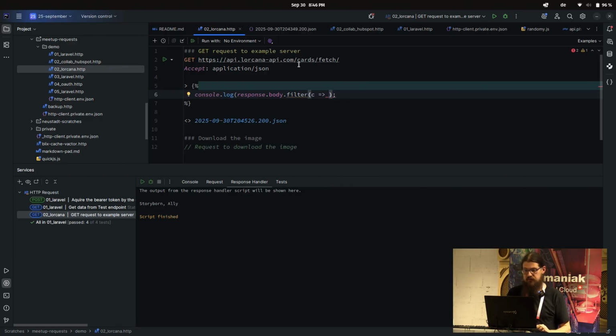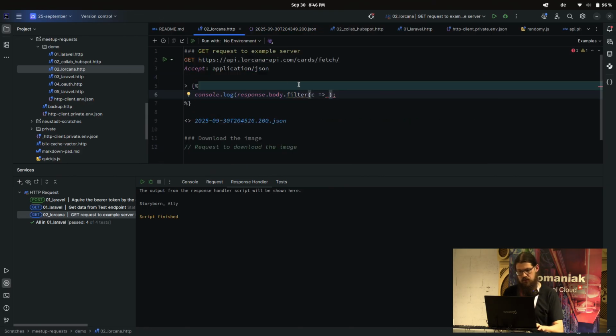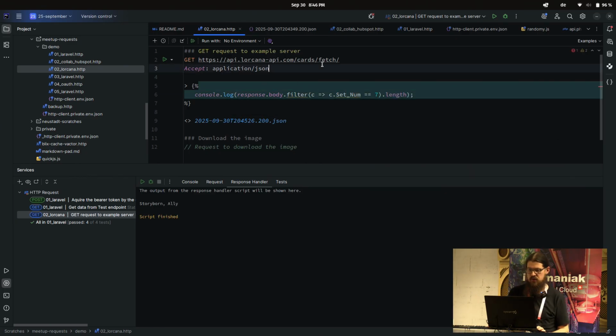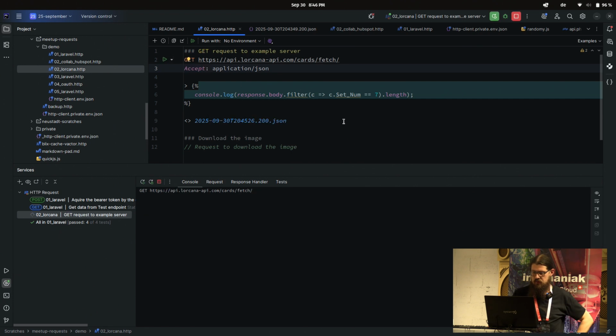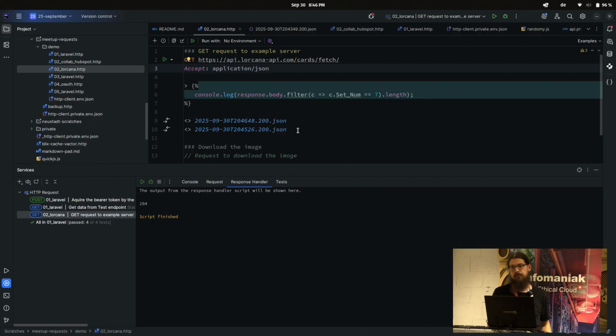I only want to have the cards that, let's say, set number 7. Set number 7 is equal 7, and let's take a look how many of those are inside. Should be around 230-ish or so, if that then even works. 204. And that saved me in the long run a lot of time, because to see the payload is great,